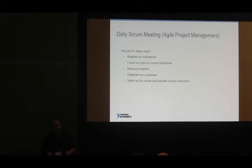And then they have Scrum meetings. And people get hung up on the process, starting to forget why it worked. The process was documenting successful teams' best practices. So daily Scrum meetings that are very, very short are useless. If you want a status report, you can do it by email. Scrum meetings are good for reaffirming our motivation, right? Reminding people, hey, this feature is good because we're able to